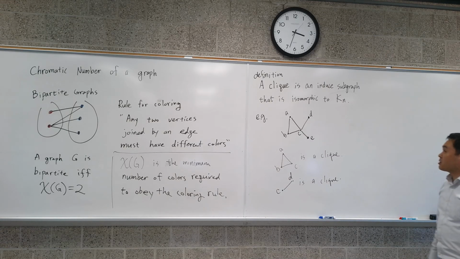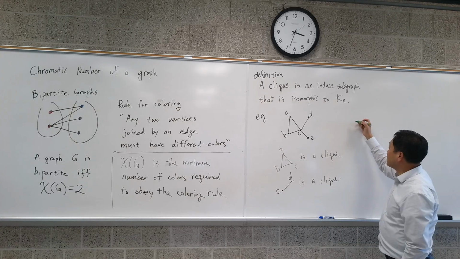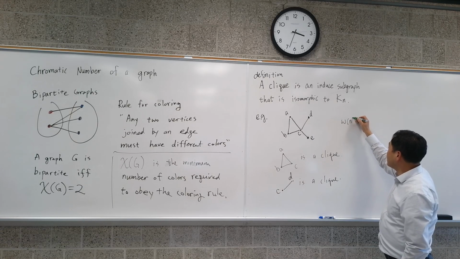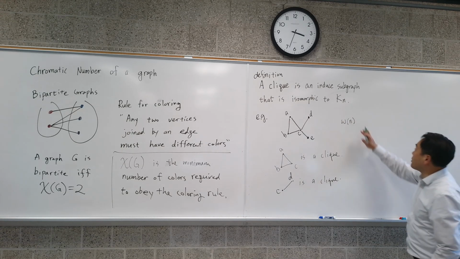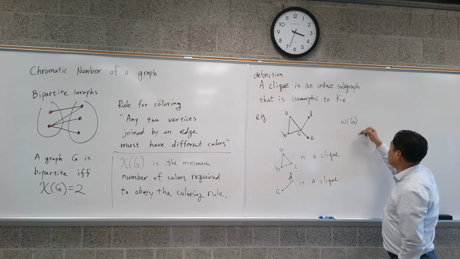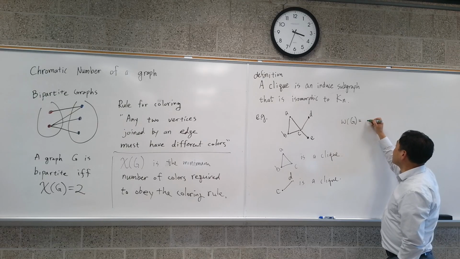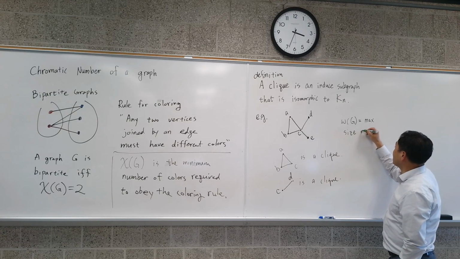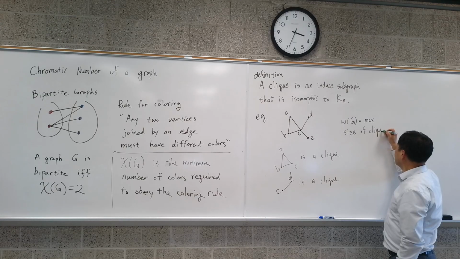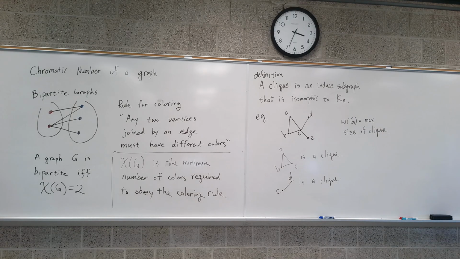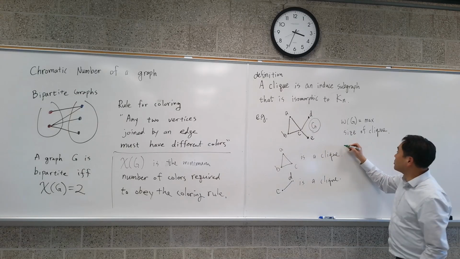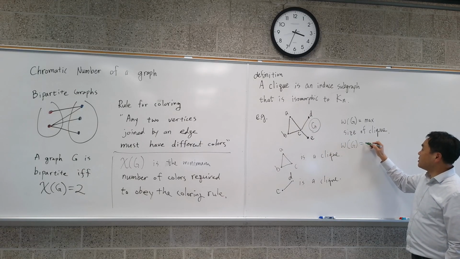And then there's a name. There's a number called omega of G, which is the max size of clique. Okay, so here, for this graph, if I call this graph G, then omega of G is 3 because